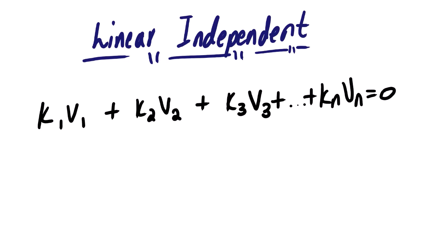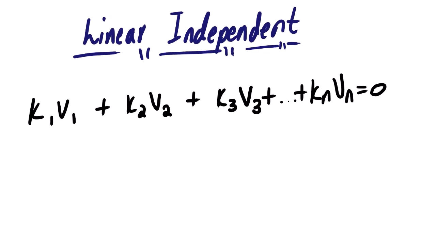To determine whether vectors are linearly dependent or linearly independent, we are going to use this equation. This equation consists of the sum of vectors, where each vector is multiplied by a certain scalar value, and then looking at the sum of that operation,